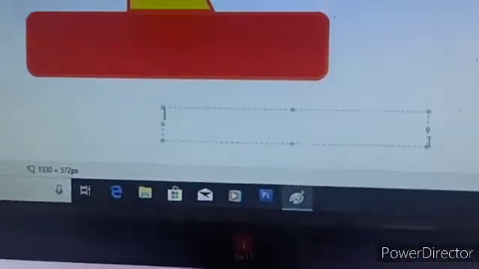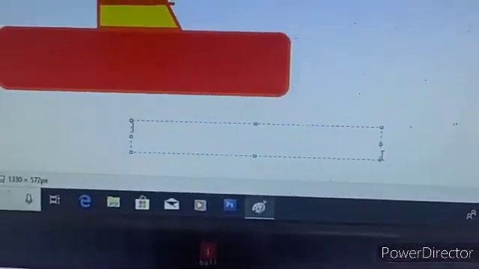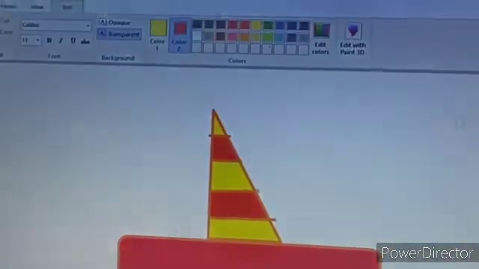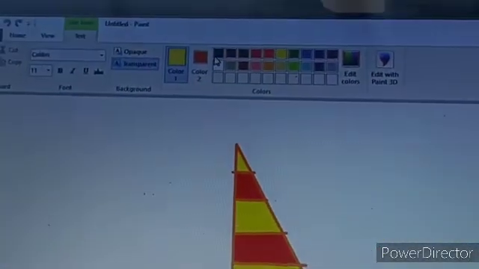So how to add text? Just press the keys to type your name. And why is it coming yellow? Because the foreground color is set as yellow. So I am changing it to black.